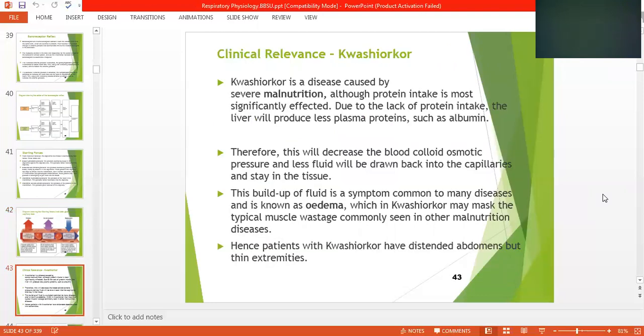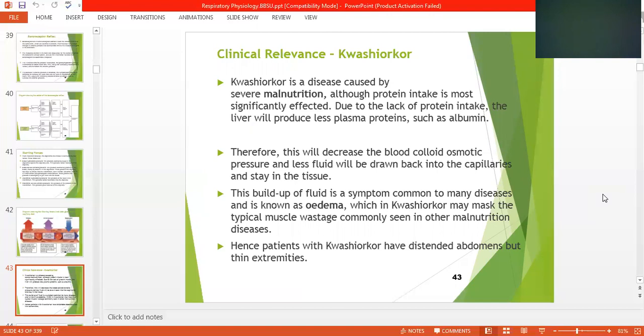Clinical relevance: Kwashiorkor is one of the diseases that occurs more in Africa because of malnutrition. Kwashiorkor is a disease caused by severe malnutrition, although protein intake is the most significantly affected, due to the lack of protein in people who have Kwashiorkor, who are mostly in Africa or third-world areas. Due to the lack of protein intake, the liver will produce fewer plasma proteins such as